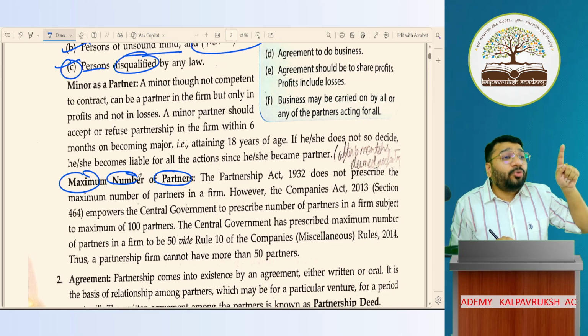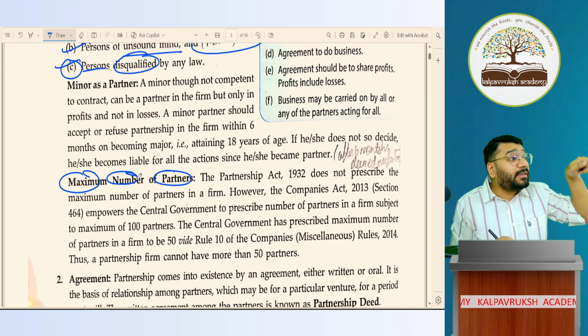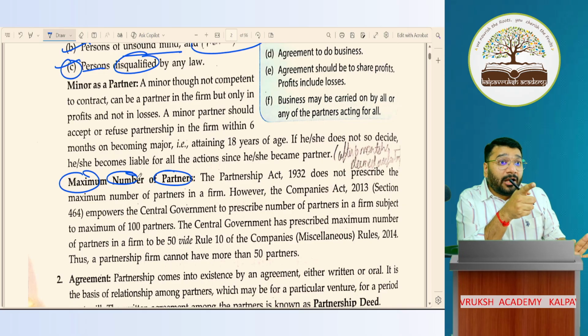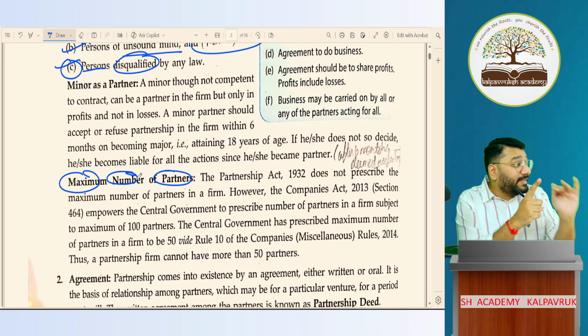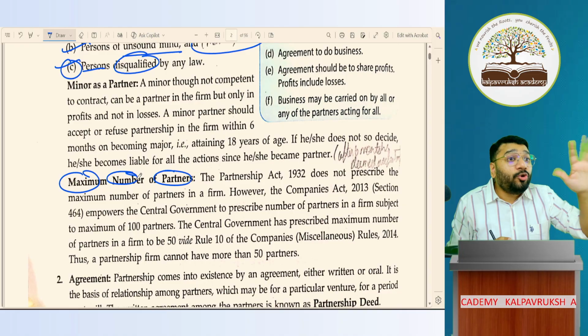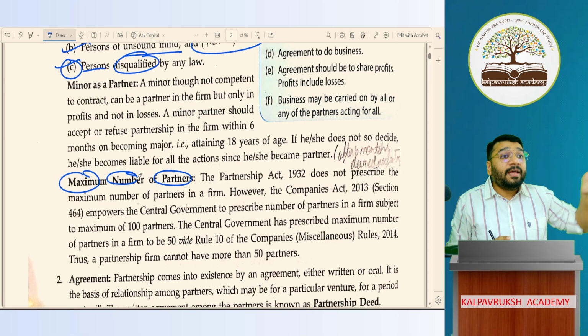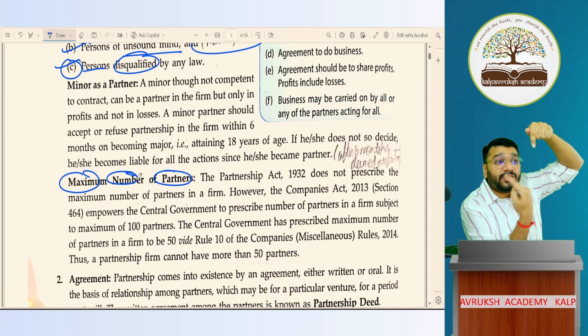Because the Companies Act 2013 is law, and law means Parliament. Parliament has said to the central government that the maximum limit you can set is 100. Beyond 100, you don't have authority. So if you want to set the maximum limit beyond 100, in the Companies Act 2013, we have to change